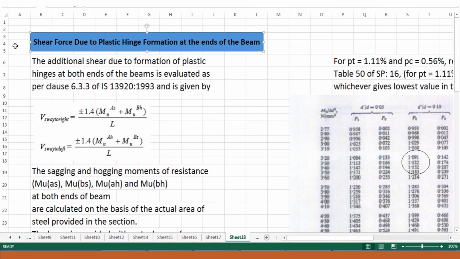The shear force: there are certain shear forces which act in addition to the normal shear forces that are acting in the beam. Now these shear forces are acting due to the plastic hinge formation at the ends of the beam during lateral sway and deformations. The additional shear due to the formation of plastic hinge at both ends of the beam is evaluated as per